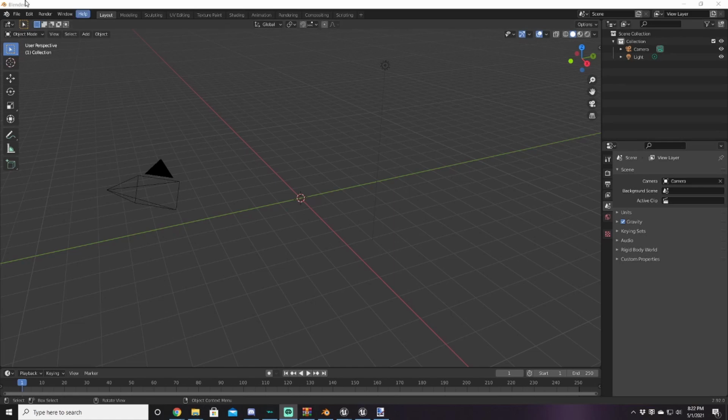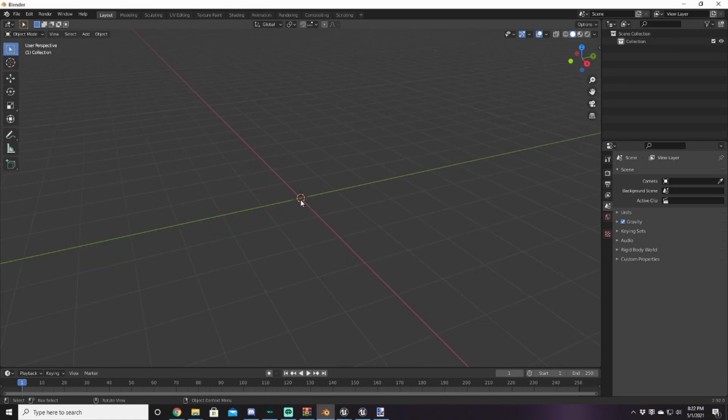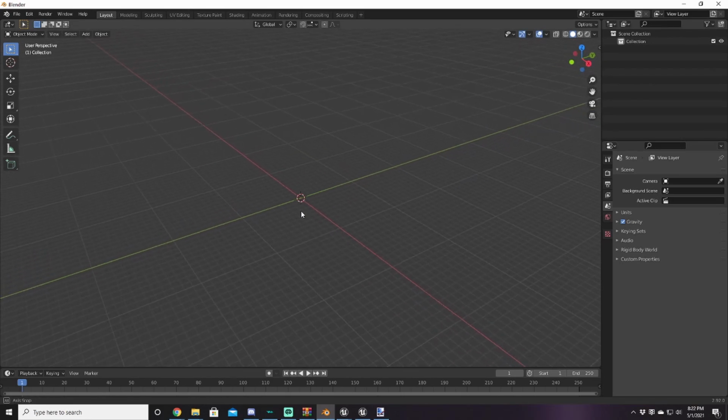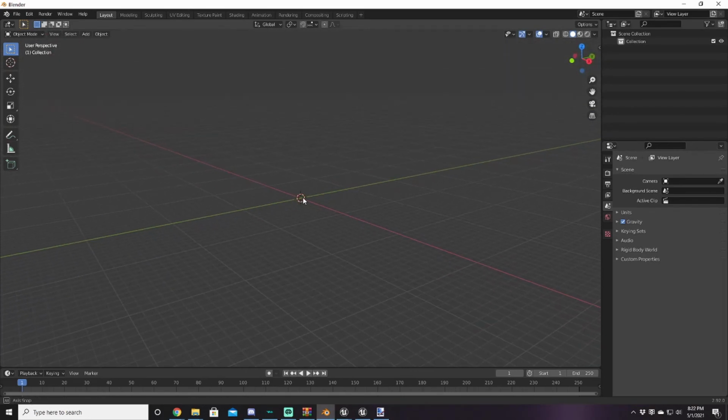You're going to need Blender. The version I'm using, I just downloaded from Steam. I believe it's the latest version, and this version is what I'm going to be showing you everything in. I think Steam is the easiest way to get it, but whatever version you have, it's up to you. I don't know exactly if it'll work the same in older versions,